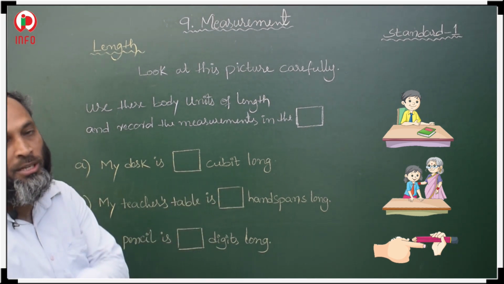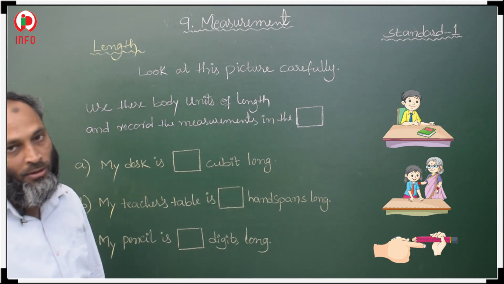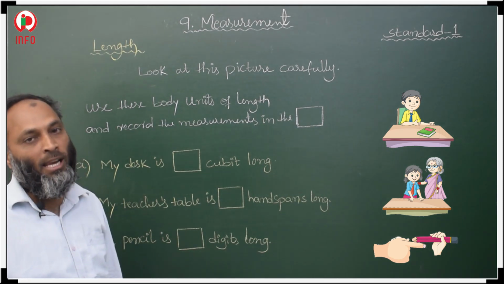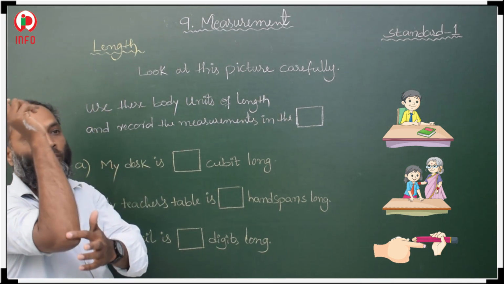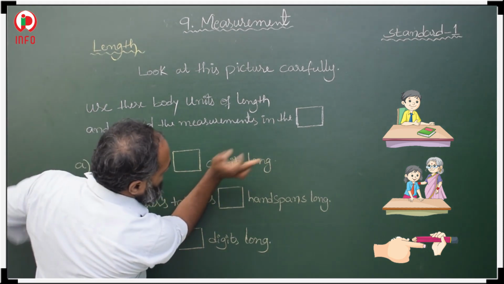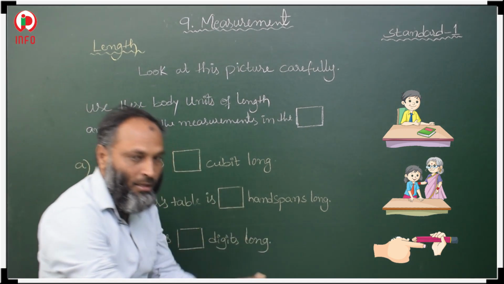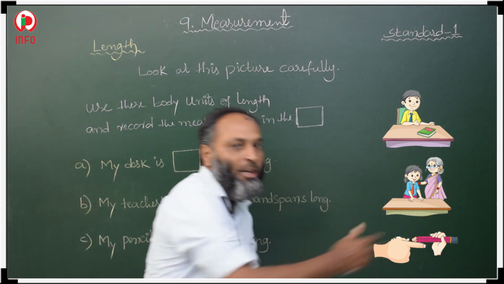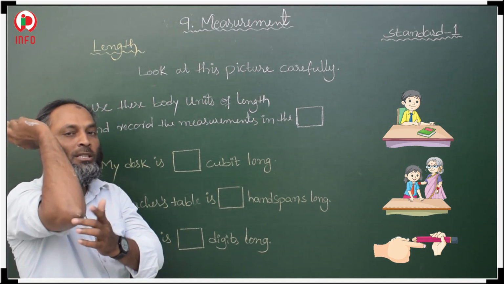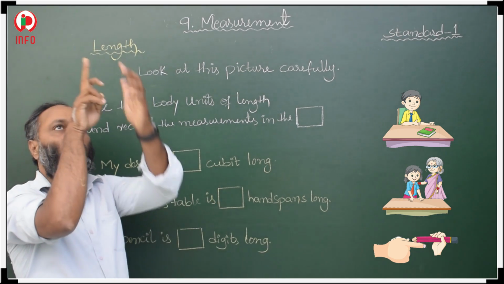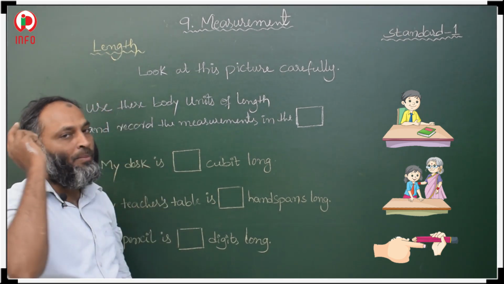Cubit. What is a cubit? Whatever desk you have at your home, measure your desk length with cubit, means from here to here. Here to here we have to measure. So like this, first, and after that second and third, like that we have to measure. How many cubits long is it? Using your cubit, means from hand knee to the last, this middle finger, the total length. So measure your desk length,